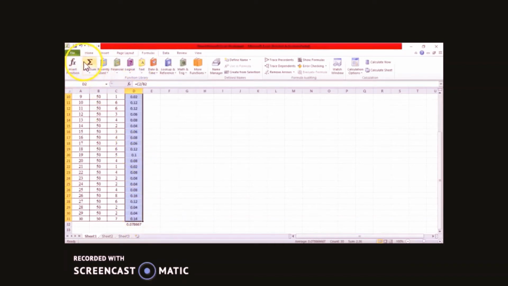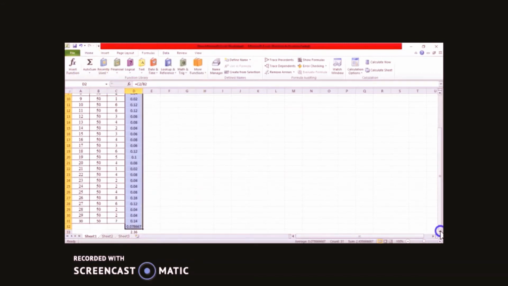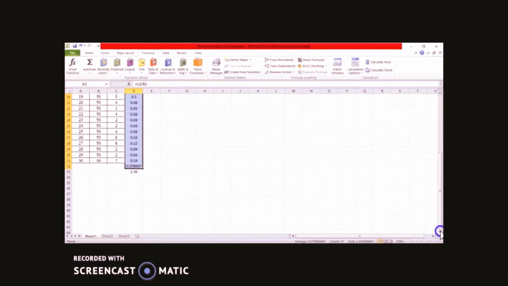So again I'll just write the auto sum. Now I got the sum value, and it will be divided by the total number of samples. Now what is my total number of samples? You can see from this point, that is 30. So I'll write it somewhere here. Your total sample value is 30. Okay, so this was the average which I tried to calculate, and this is the value of the sum.